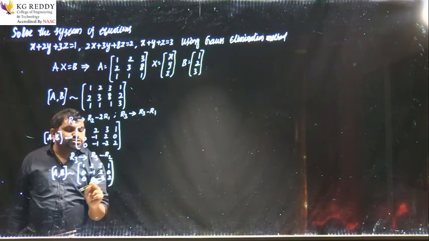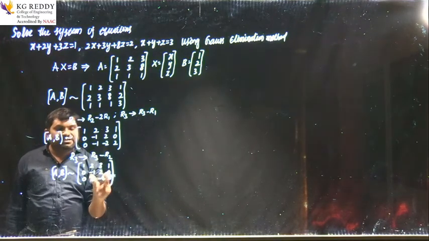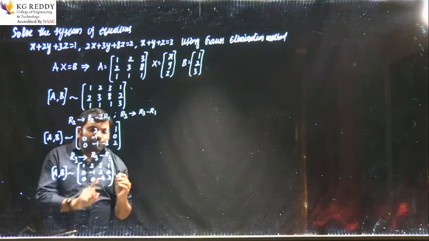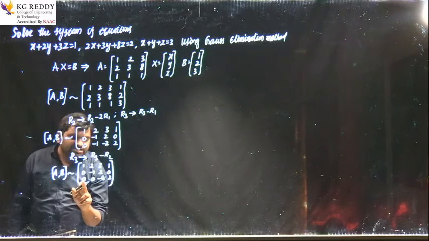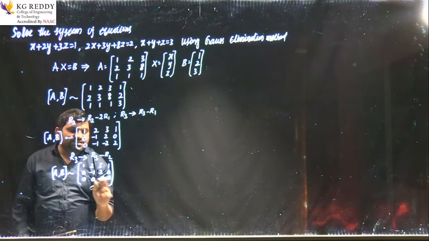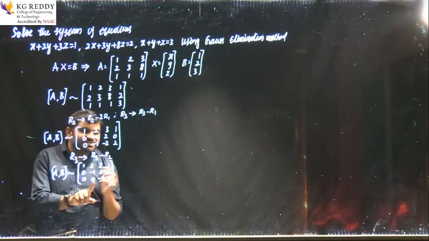Now we use backward substitution from this matrix. Okay. So first row, second row, third row. From the third row we have to write, so this is x, this is y, this is z, this is equal to the element. So the x term is 0, the y term is 0.